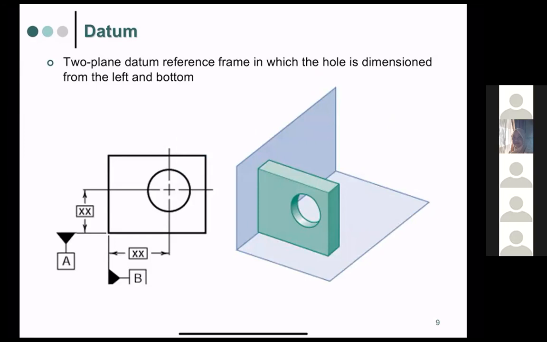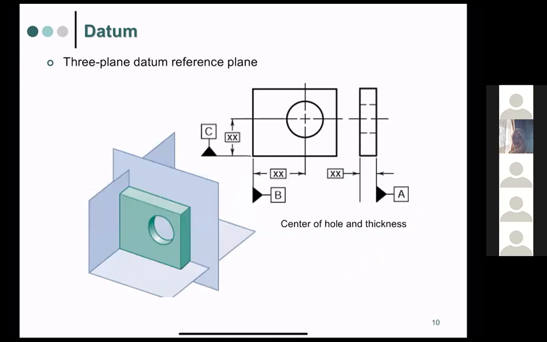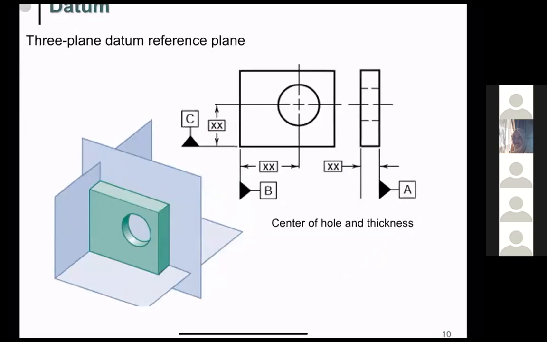If you look here, this is datum A, and this is datum B. If we add datum C over here, it becomes like this. So let's say this is datum C, and you can write this is datum C,